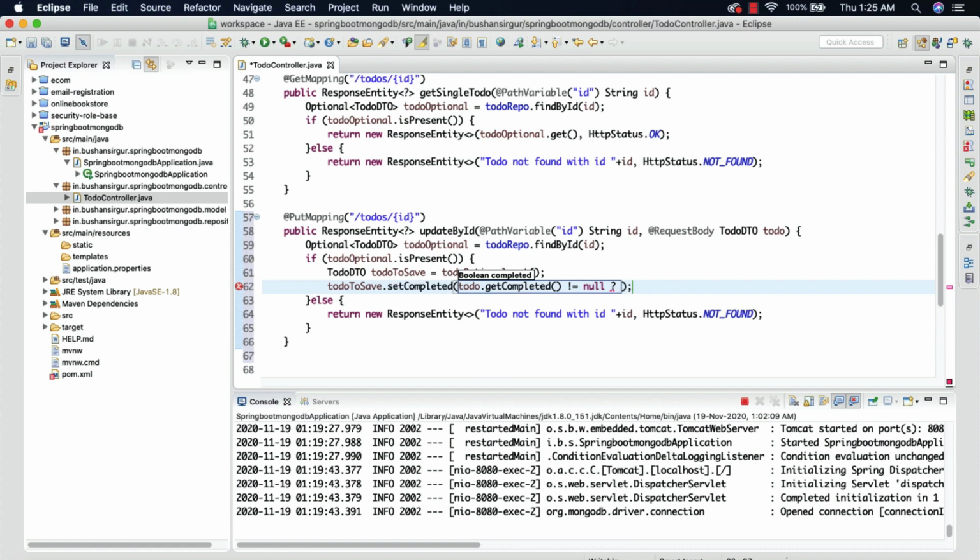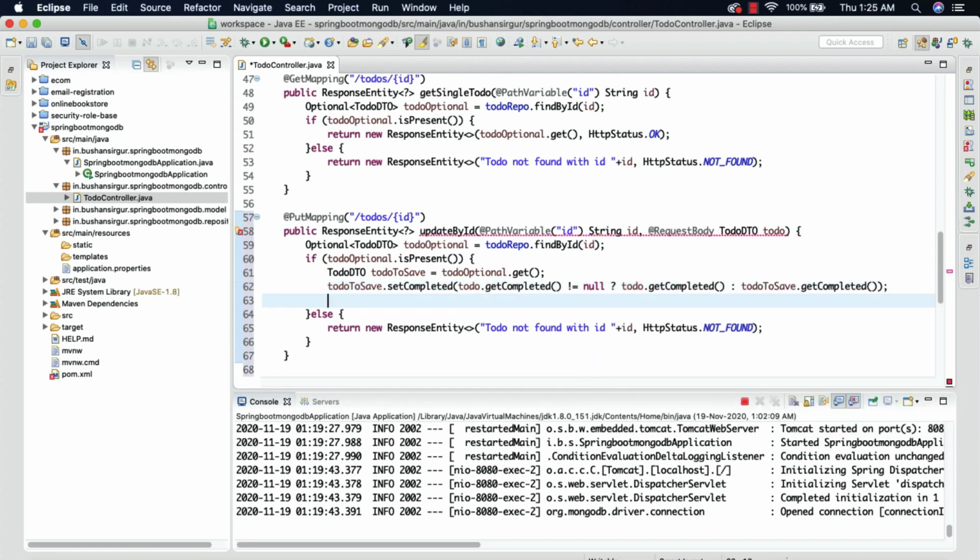Then if it is not equal to null, which means the user is providing a completed option, so we're going to get the todo.getCompleted, else we're going to get it from the previous, the old value, which is from this todoToSave object. So todoToSave.getCompleted, and we're going to repeat the same process for all other properties.